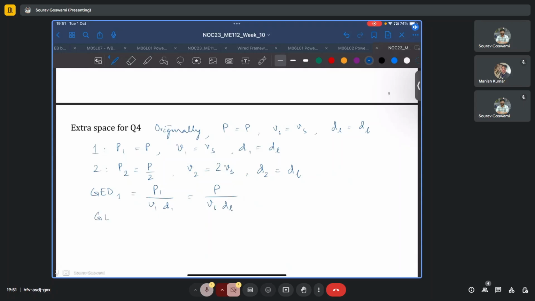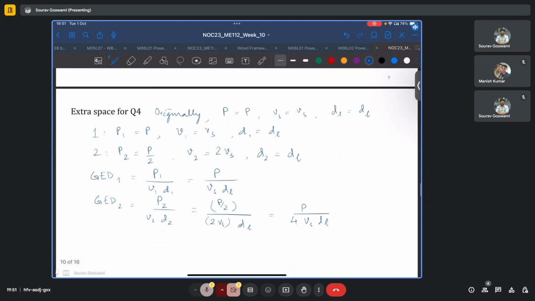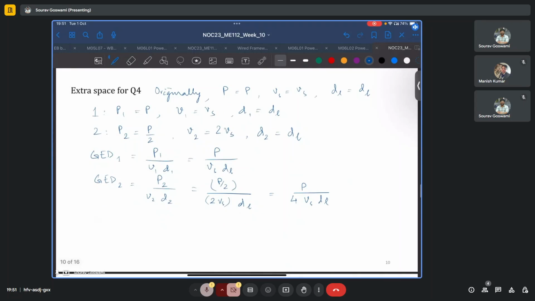For the second case, GED is equal to P2 by V2 D2, which is equal to P by 2 by twice Vs times dl, equal to P by 4 Vs dl. And if we are to compare the global energy density for either case,